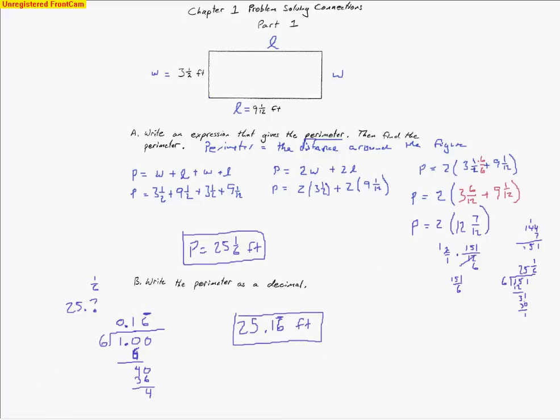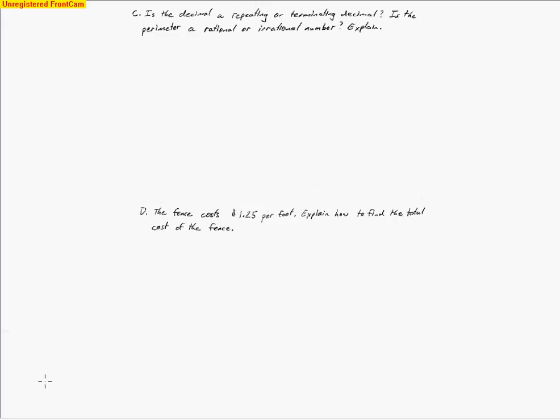And now moving on to the next question, it says, is the decimal a repeating or terminating decimal? And then is the perimeter a rational or irrational number? So we have to remember the rule with rational and irrational numbers. First of all, a rational number is anything we can write as a fraction. So any number we can write as a fraction. So any number that is a repeating decimal,